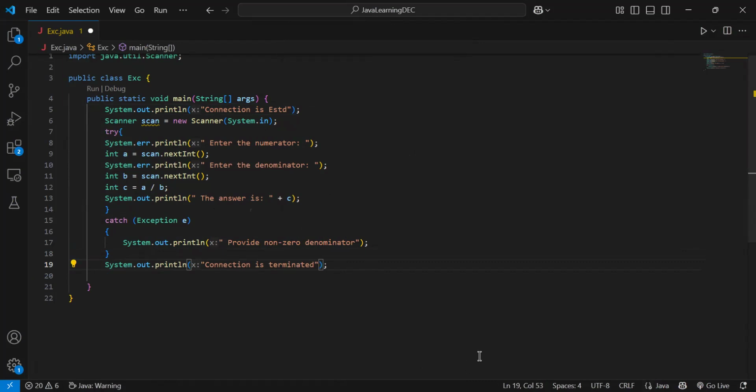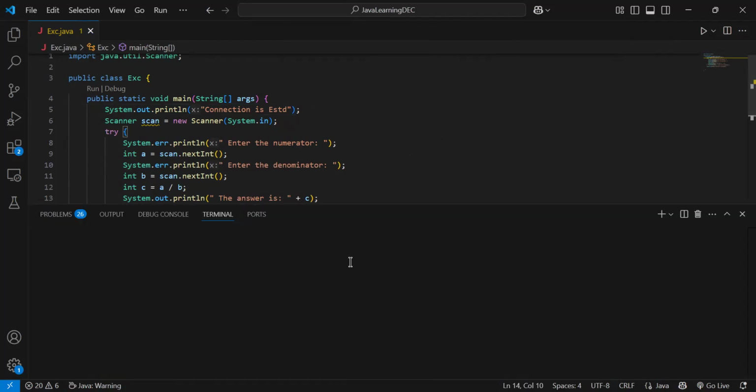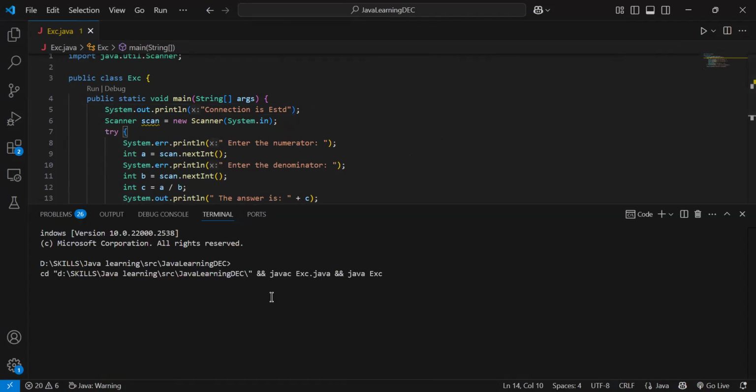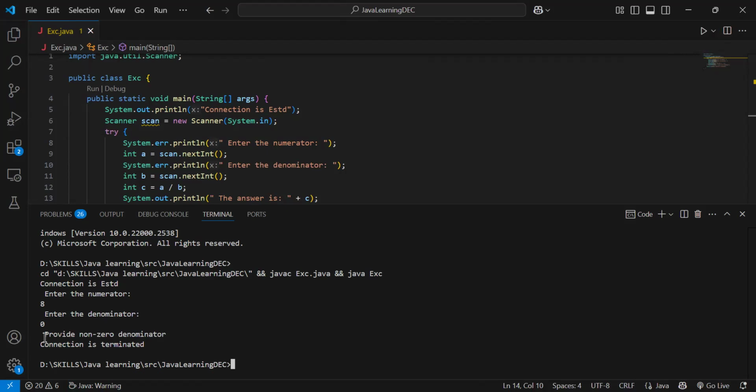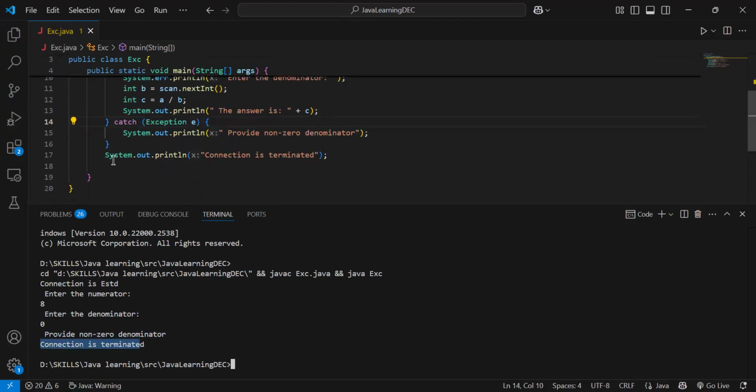All right, now let's see. I am running the code. So you can see connection is established. It is asking enter the numerator. I enter the numerator as 8. I enter the denominator as 0 again. Now it is giving the message to provide a non-zero denominator. Connection is terminated. So here the connection is terminated in this line. And I got a message, right? Instead of giving me an error or an exception, it is giving the message